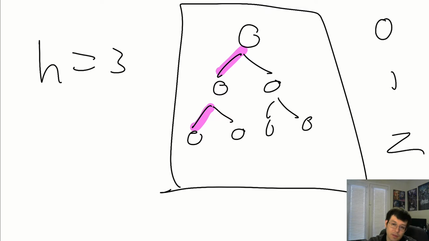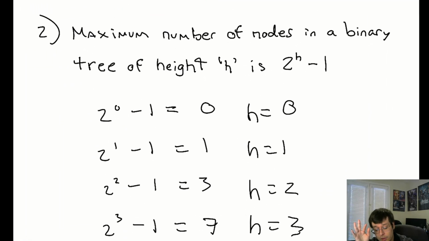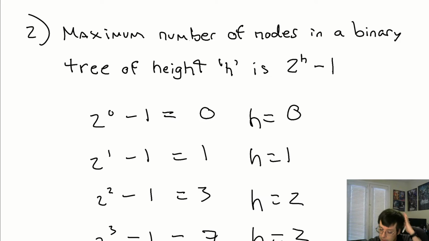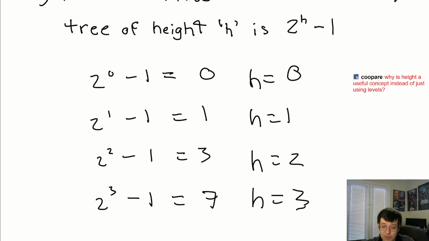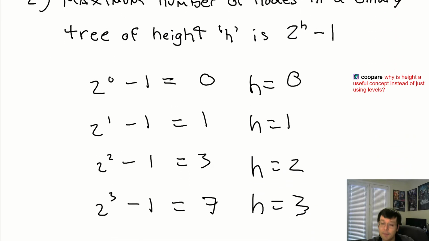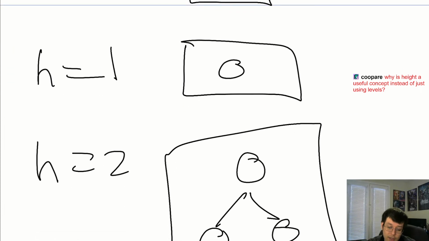Okay? So when I ask you in a test what the height of a tree is, I will accept either answer, but you have to define what you consider to be height 0, so that I can understand that we're on the same page. Okay? So I'm warning you, when you go online and look for more material, it gets wonky with that. All you have to do to fix this is subtract 1, essentially. But if we're going with the one that I'm looking at, height 0 is considered the empty tree, and then height 1 is a single node. Okay.